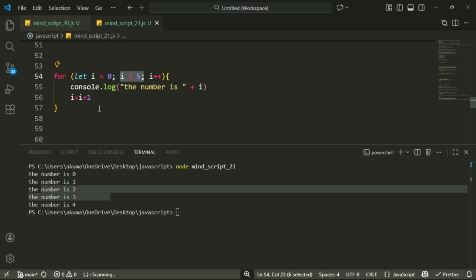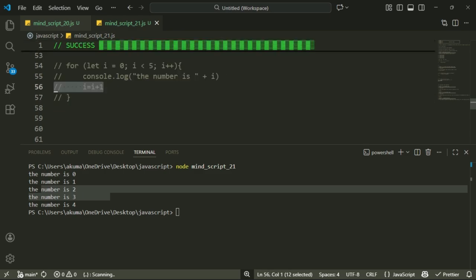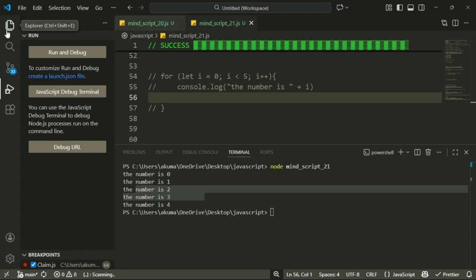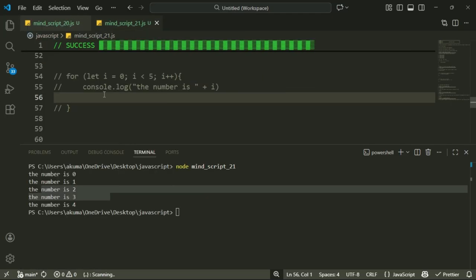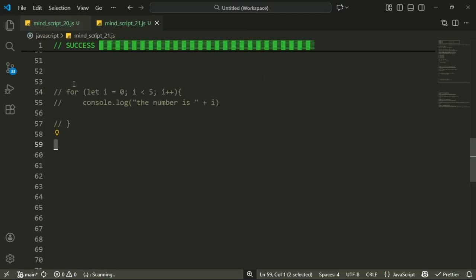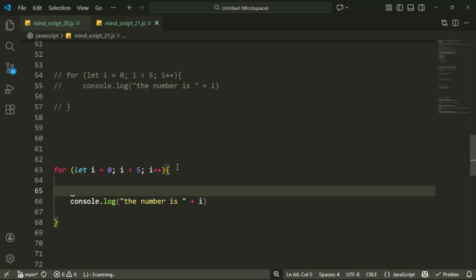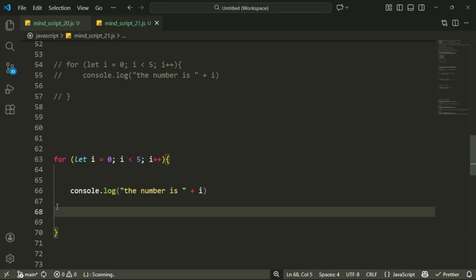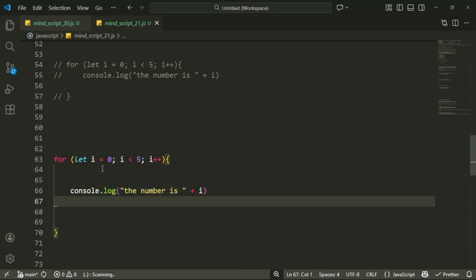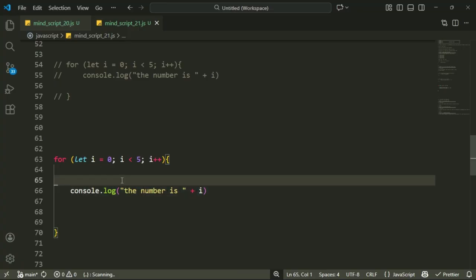So here we have another example. No worry about it. Suppose this is here. Let me close this, then go outside. Let me copy this code, then paste it here and remove this code. Here I want to tell you basically this console.log code. The output is like 0, 1, 2, 3, 4. Here I want to write in a comment that this console.log line